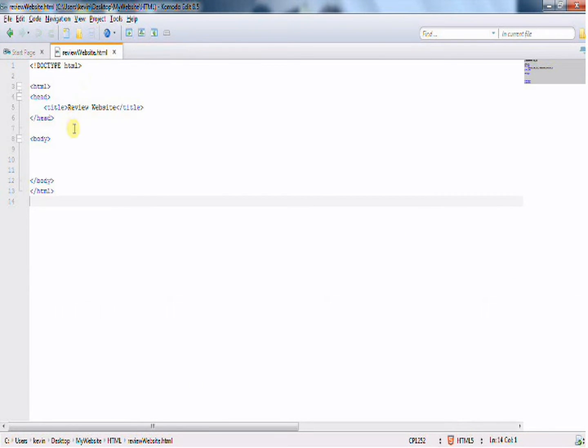Okay, if you remember from last time, all we did was create a basic document here. We just have our HTML, head, body, and that sort of thing. Everything in the head pretty much executes before the body loads. Basically how a website works. And everything you want the website to look like goes inside the body tag. Okay, so first thing I want to do,